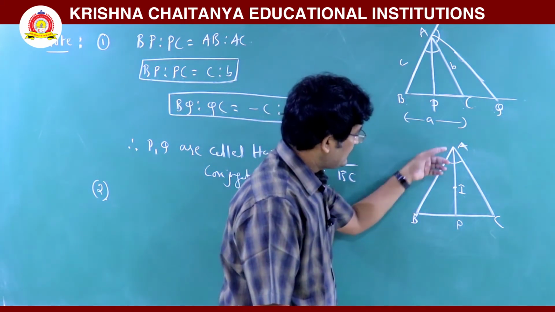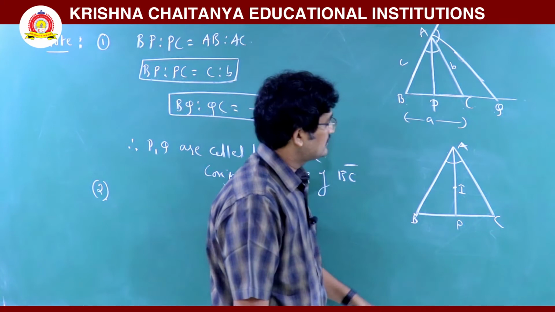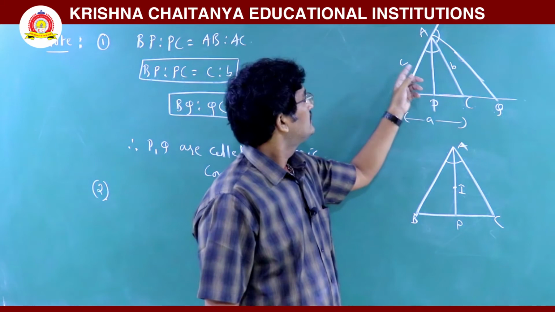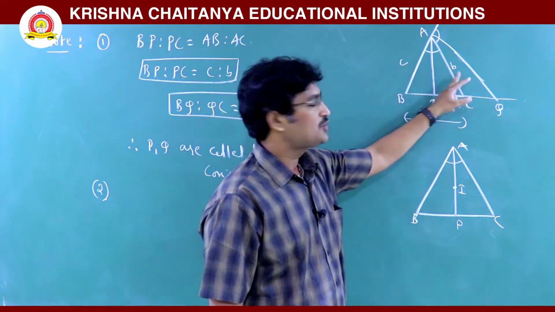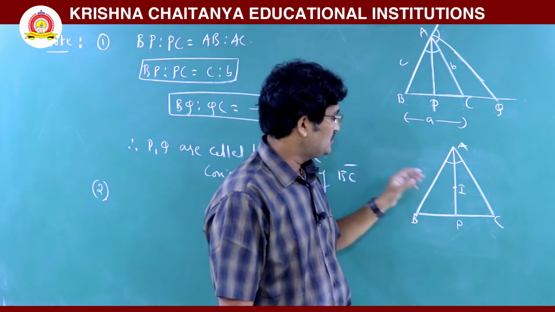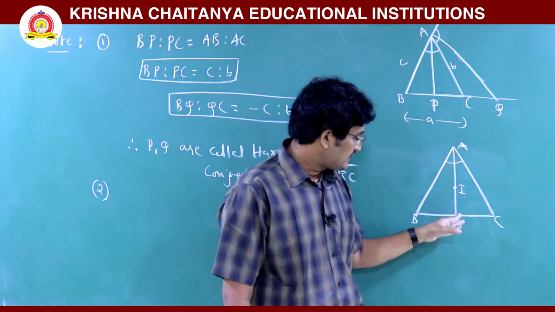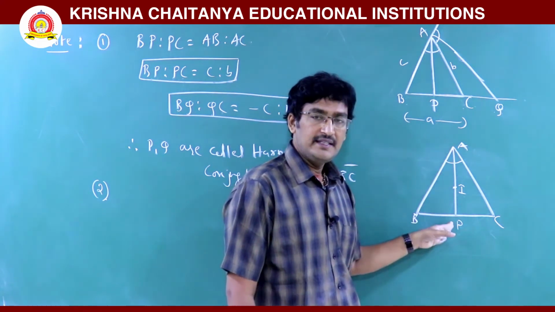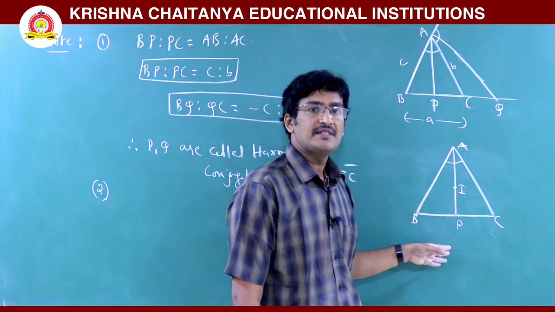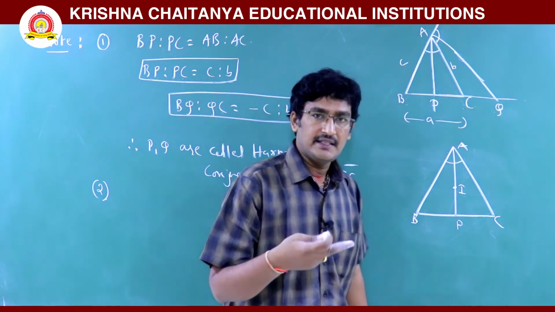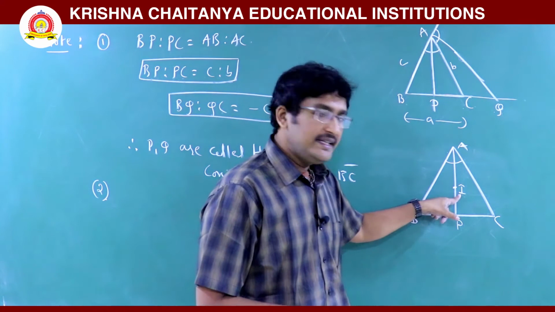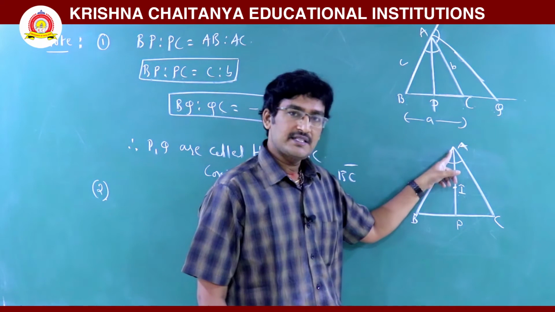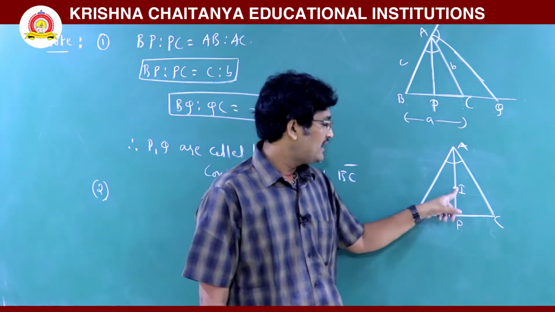Okay. Now the question is, what is AI is to IP? Here BP is to PC equals c is to b, we took that earlier. It is one concept. Now this is the internal angular bisector of A, and it meets BC bar at P. The incenter lies along this line. The incenter is the point of concurrency of the 3 angular bisectors, the common point of these 3 internal angular bisectors. So I must be located on this line.